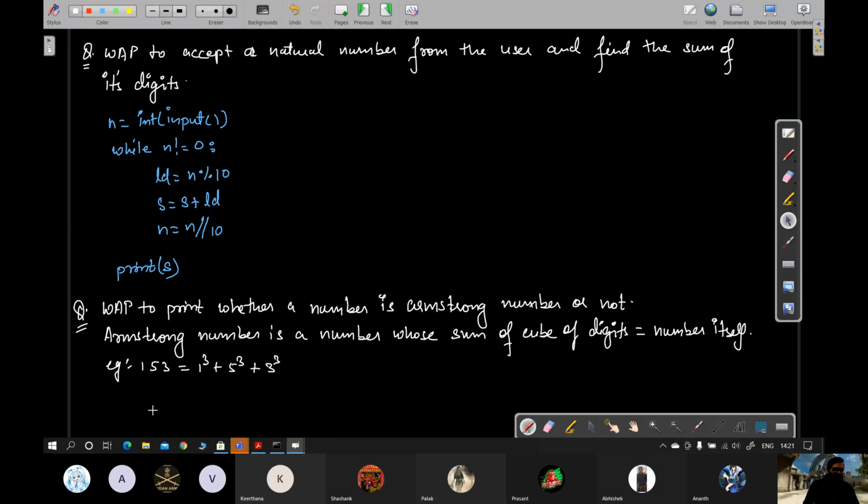राइट? चलो इसको ट्राई करके आना। ओके, ठीक है, विल स्टॉप हियर।